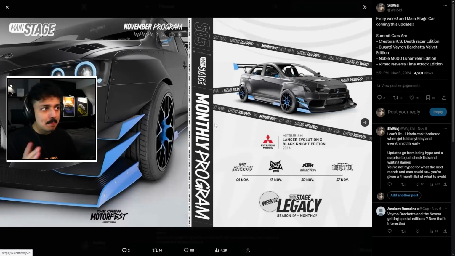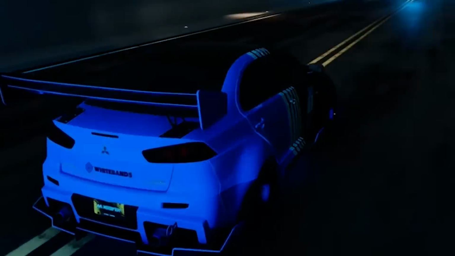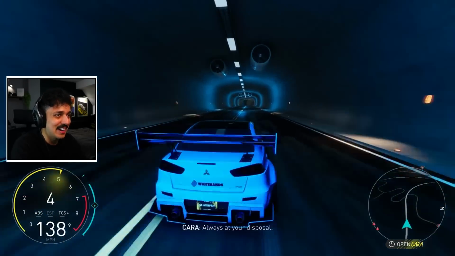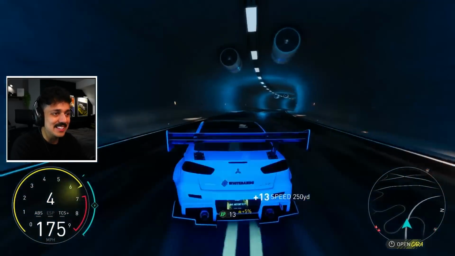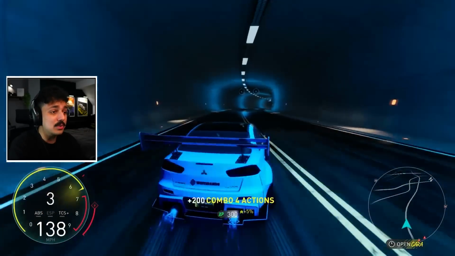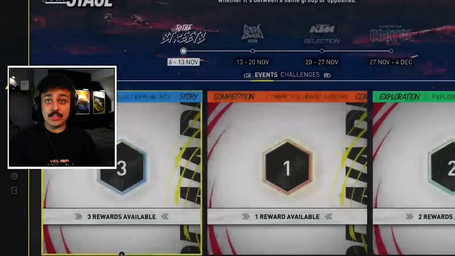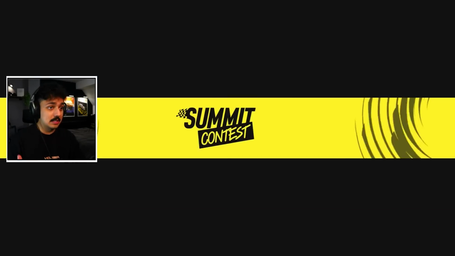Let's go in order. First and foremost, we already know that we're getting the Black Knight Edition Mitsubishi Evo, which looks amazing in this specific condition, by the way. This tunnel, this thing was made for this tunnel on Maui. It is currently available in the Racers and Chasers month, out this month in the main stage. So all you gotta do is anything, basically. Follow any of these specific progression tracks, and those specific progression tracks...